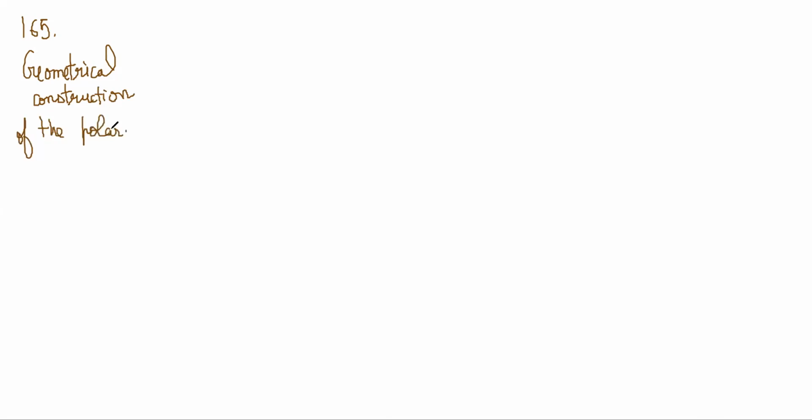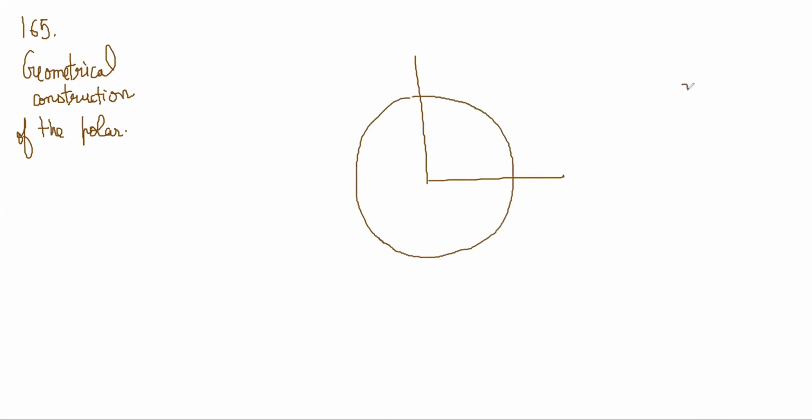So what he's saying is, look at the figure given here. There's a y-axis, there's an x-axis, there is a circle. The circle equation is x square plus y square is equal to a square, and there is a line OP. There's a point P here, which is x1 comma y1.